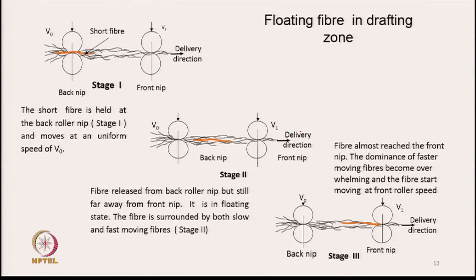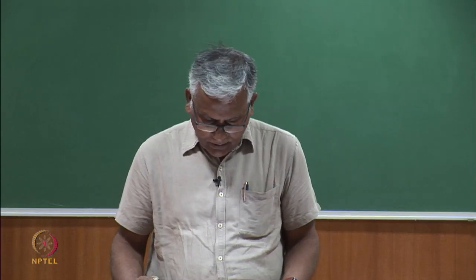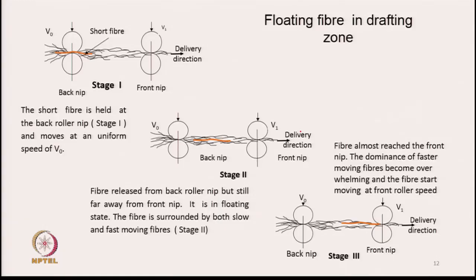This fiber is surrounded by other fibers which are moving at a speed of either V0 or V1. So, the fiber is in contact with slow moving fibers as well as with faster moving fibers. At any location, how many fibers surrounding this particular fiber are moving at back roller speed or at front roller speed is very difficult to determine